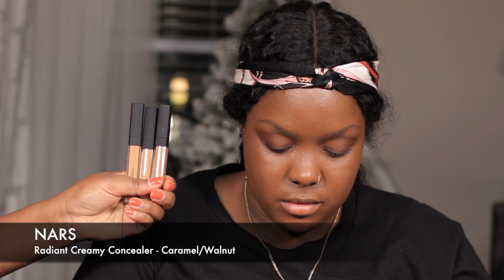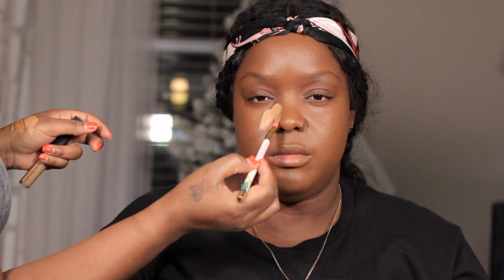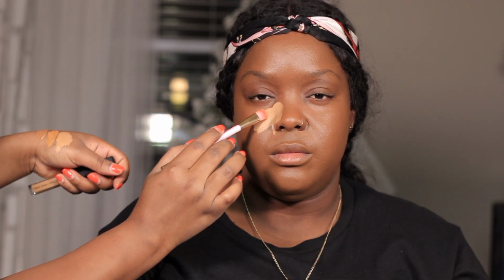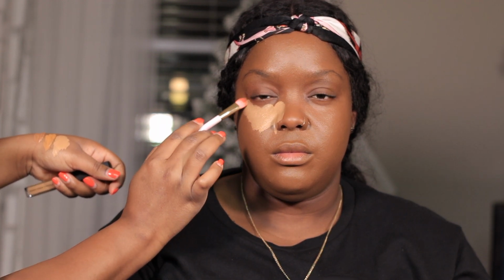Alright, so now we're going in with the NARS Radiant Creamy Concealer, and I only ended up using 2 colors. I know I showed 3 on the screen, but I only ended up using the 2 that were listed. So we're going in first